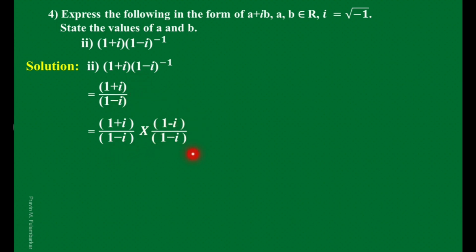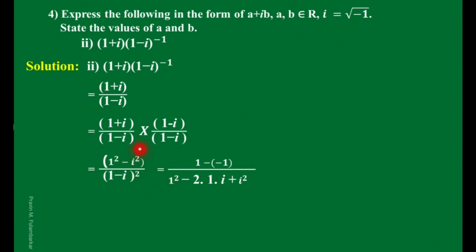So I take here 1 - i. So multiply and divide by 1 - i. So in the numerator you get (1 + i)(1 - i), that is 1 square minus i square, and in the denominator (1 - i) whole square. So in the numerator (1 + i)(1 - i), that is the formula (a + b)(a - b), we write 1 square minus i square. Now this i square can be written as -1, so you get minus minus plus 1, and in the denominator we write (1 - i)(1 - i) as (1 - i) square. That means in the denominator we have to use the formula (a - b) whole square.